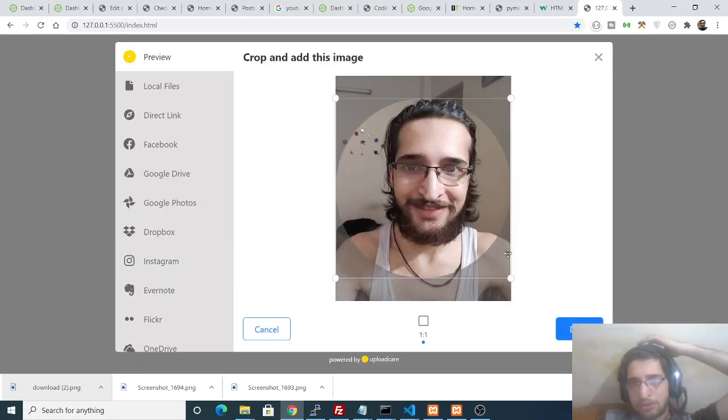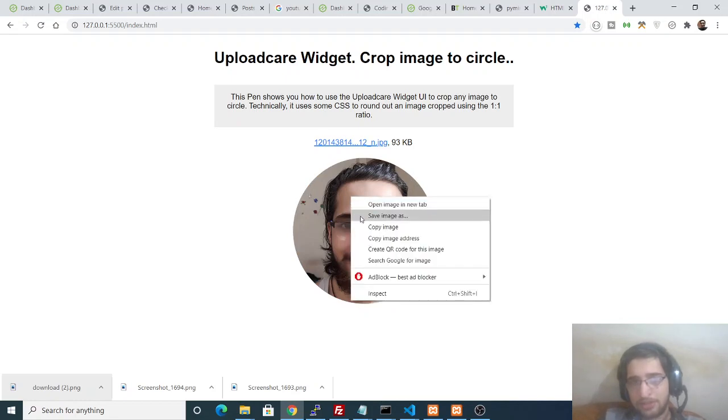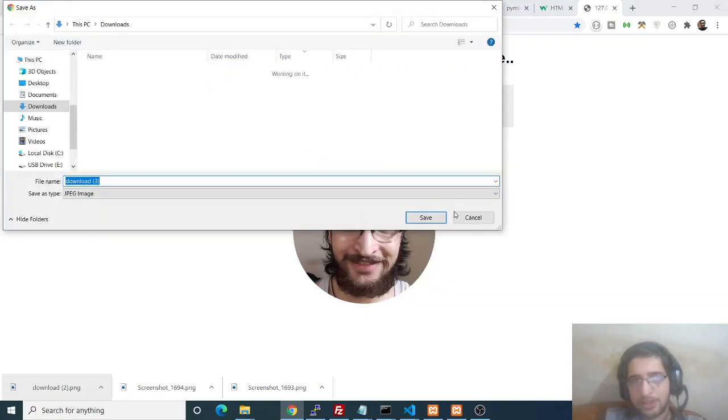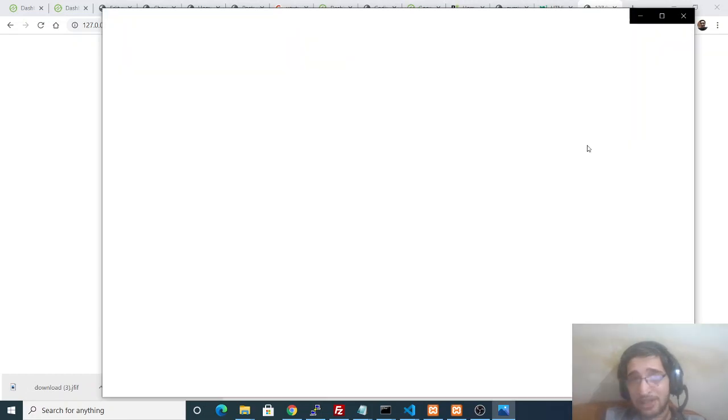I need to crop this image. So accordingly you can crop this image like this. Very simple cropper. Click on done and that's it. Click save image as and save your image. This is a JPG image, you can see. So all the image formats are supported, and you can definitely import images from various social networks.